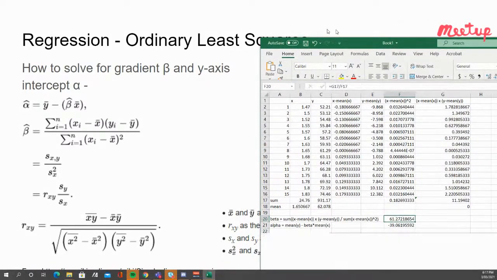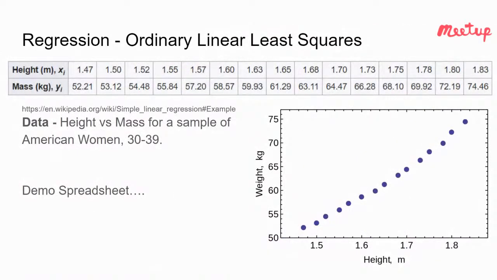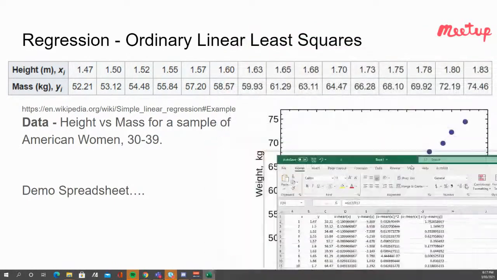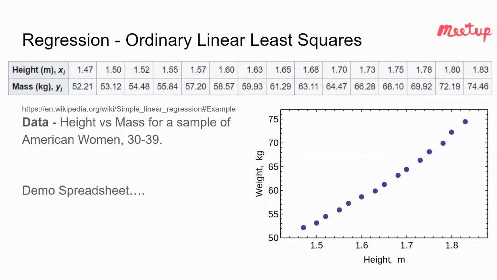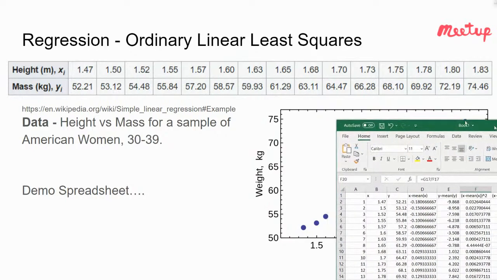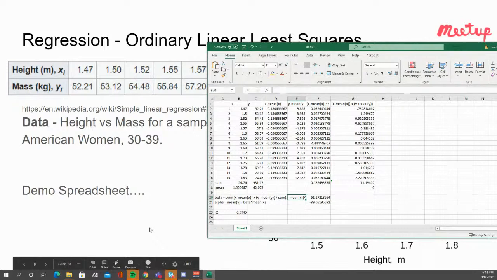Here we go. Let me just move on to the next slide, because that has the original values. That's the chart of all these height and mass values, but without a trend line going through it. The particular example, which I took from Wikipedia, claimed that it could be modeled as a slight curve or as a line. In any case, I'll show you results from both. So here, if I just go back a slide,